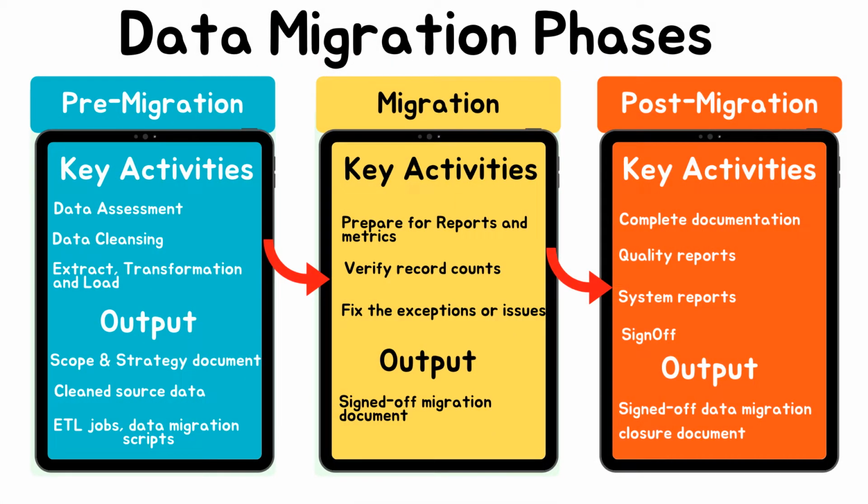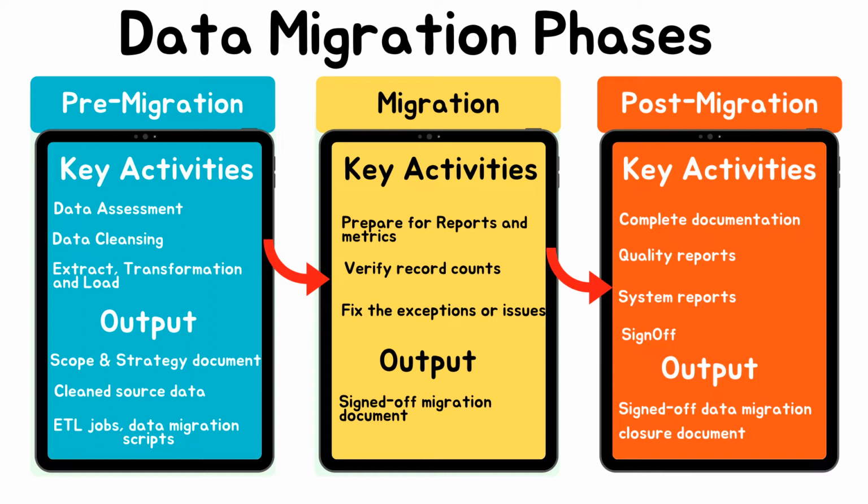Now let's take a deep dive into the data migration technicalities. Let's see the three primary phases, underlying activities and the outcomes of each phase. First phase is pre-migration, which probably is a busy, critical and complicated phase. As the name suggests, this phase is the preparation phase for the actual migration. The three key activities in the pre-migration phase are data assessment, data cleansing and extraction, transformation and loading, which is also called ETL. Data assessment includes identification of data sources, running system extracts and queries and reviews of the data migration process. Data cleansing mainly includes cleanup of source data.